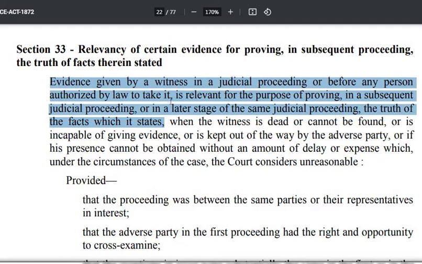So the witness appears in the court and either he gives the evidence in the court itself or he is examined by a commission. Now they are saying evidence given by a witness, and obviously you understand that evidence is always given on oath. Evidence given by a witness in a judicial proceeding or before any person authorized by law to take it is relevant for the purpose of proving in a subsequent judicial proceeding or in a later stage of the same judicial proceeding the truth of the facts which it states, when the witness is dead or cannot be found